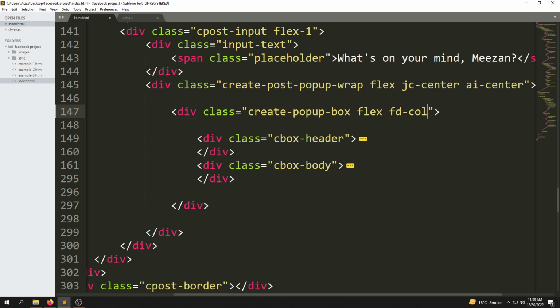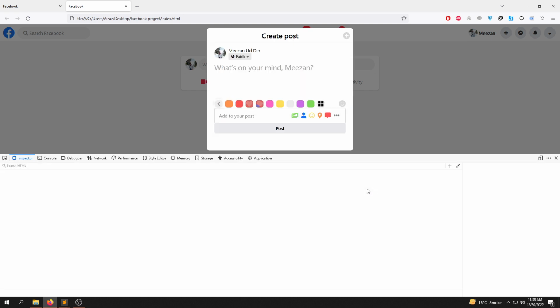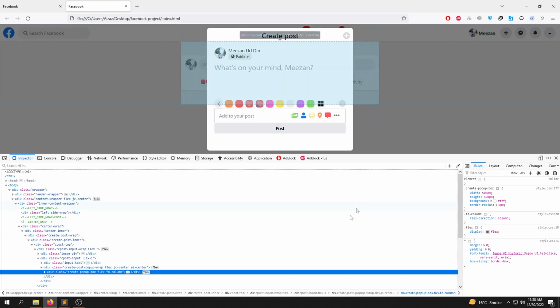So we'll say save it and refresh it. You will not notice the changes. Let me open up the developer tool. Now you will see here, we have added the flex class,